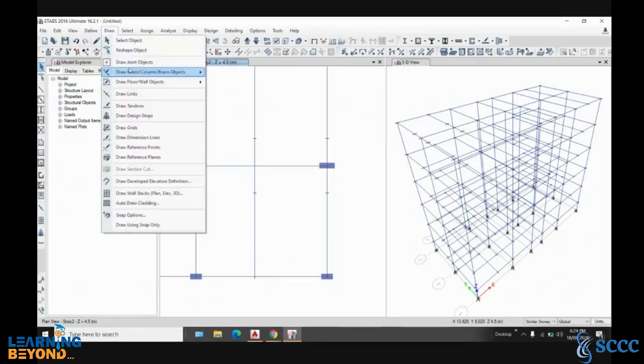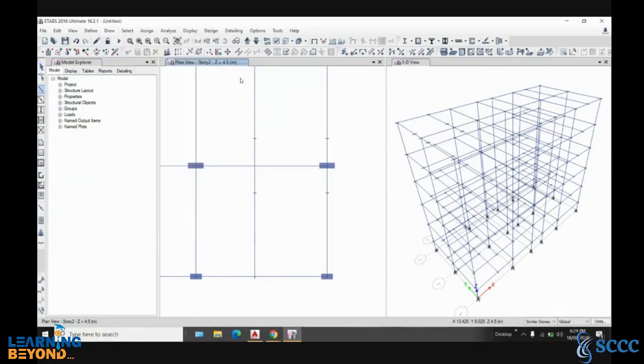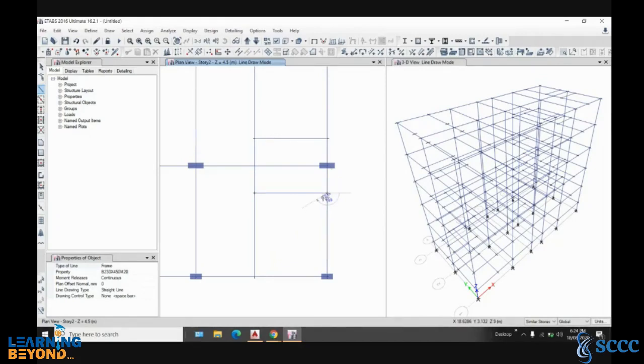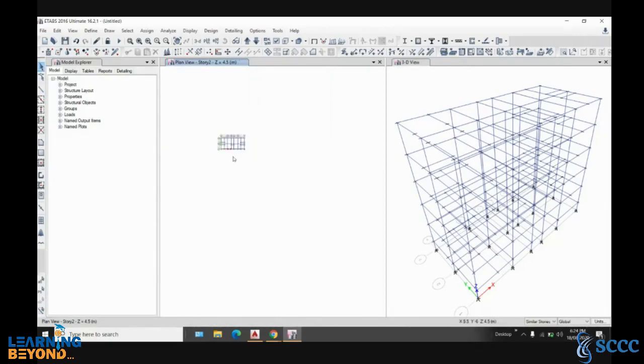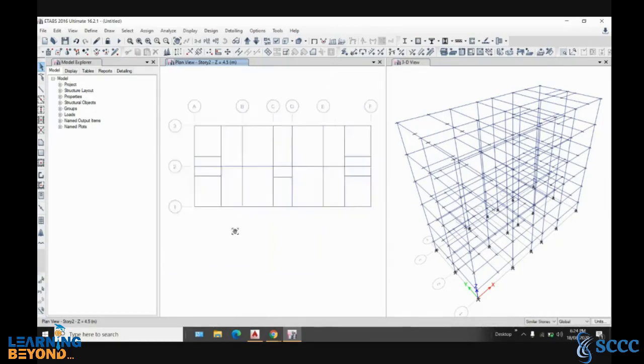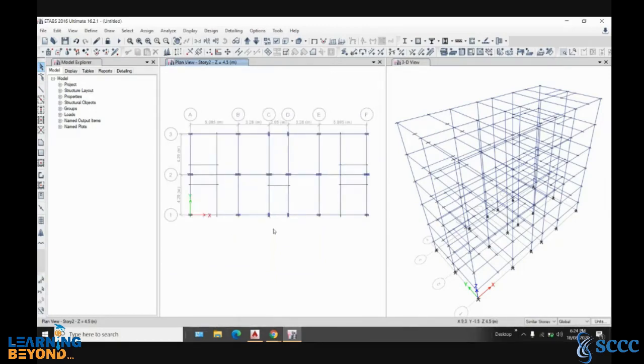So draw beams, and see that 230, 450 is there, and draw from this joint to this joint, enter, and from this joint to this joint, and enter. Okay, now close this, go to selection arrow and see it as, and you can see it is not drawn.